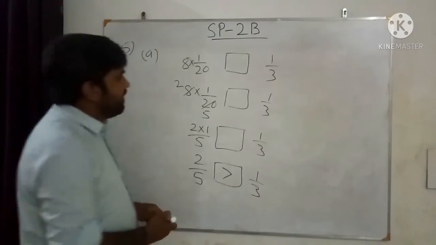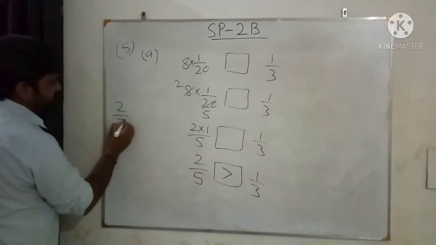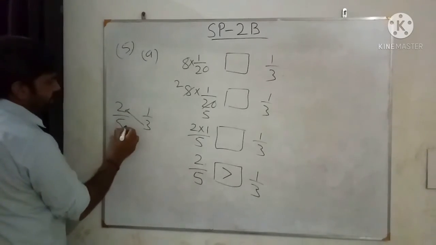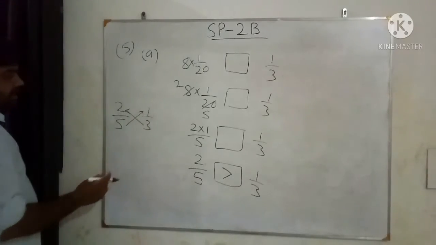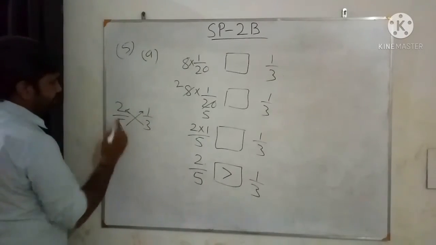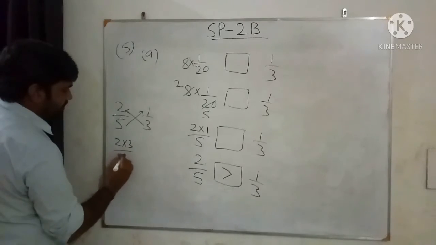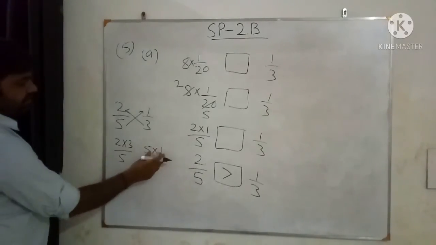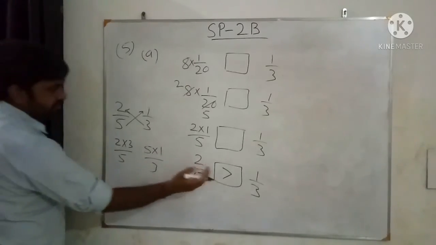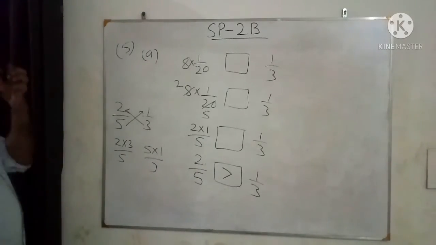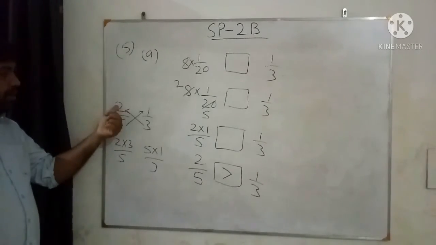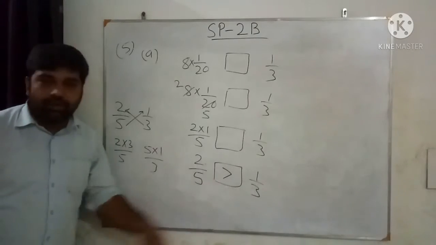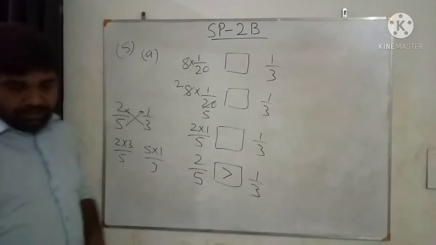So here in this type of number we have to find the cross product. That is 2 by 5 given and 1 by 3. So find this cross product. Multiply this 2 into 3 and this 5 into 1. This is called the cross product. So left hand side cross product is more. See 2 multiply 3 gives you what? This value. And here 5 multiply 1 gives you what? 5. This value. So 2 3 is 6 and 5 1 is 5. 6 is more than 5. So that's why this fraction, left hand side fraction will be more, greater than. Because the cross product of this left hand side is more than the cross product of the right hand side. So if the left hand side cross product is more, so left hand side fraction will be more than right hand side fraction. Like this we have to do the comparison.